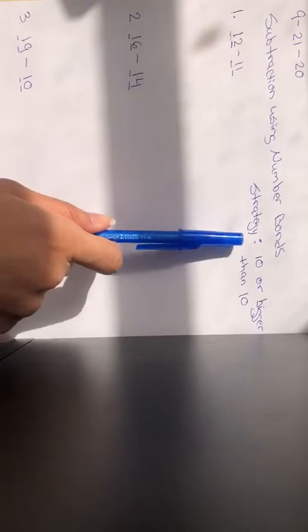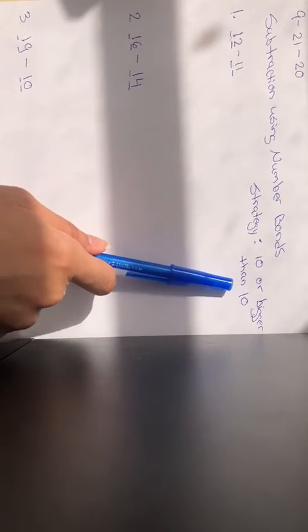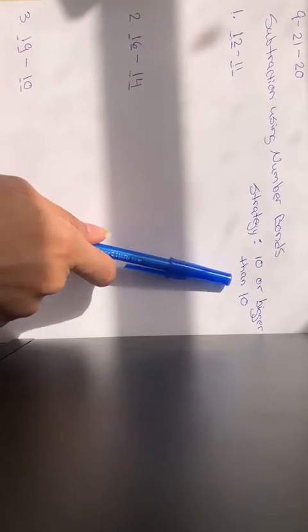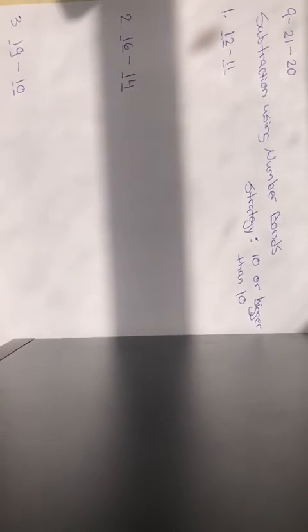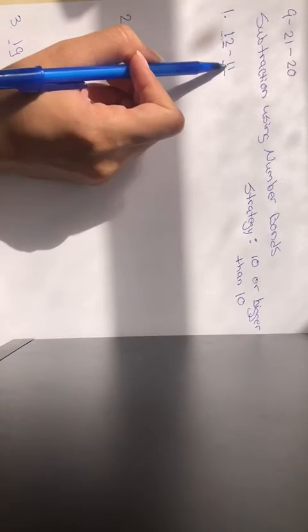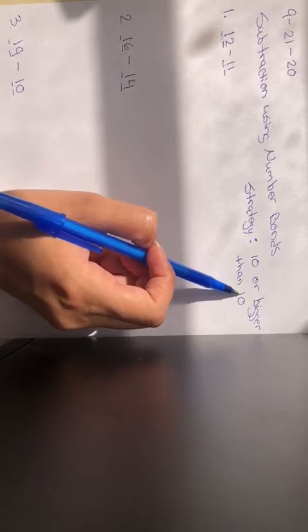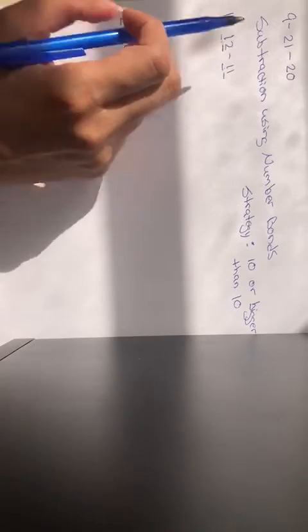That's why I'm going to use a different strategy called 10 or bigger than 10. It's called 10 or bigger than 10 because I'm going to look at my numbers, and if they are the number 10, I'm not going to touch them. I'm going to leave them exactly the way it is because it's easier for me to work with a number 10. But if the numbers are bigger than 10, like 11, 12, 13, 14, and so on, then I'm going